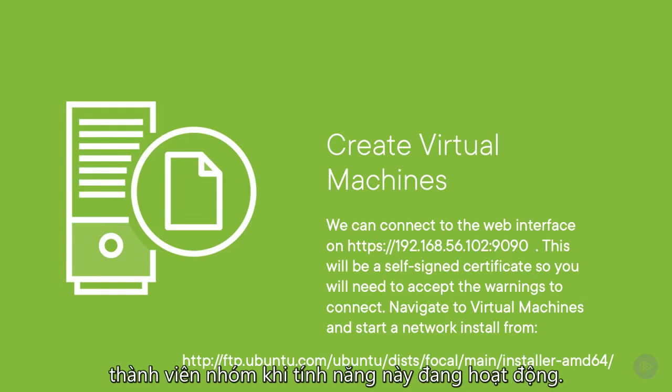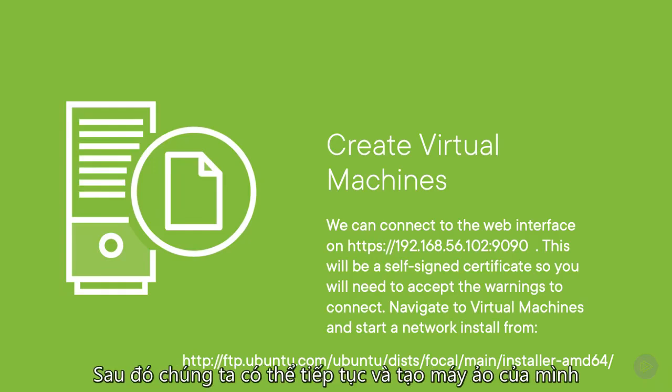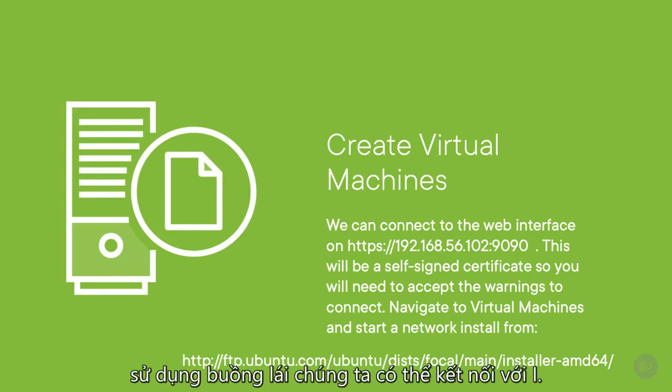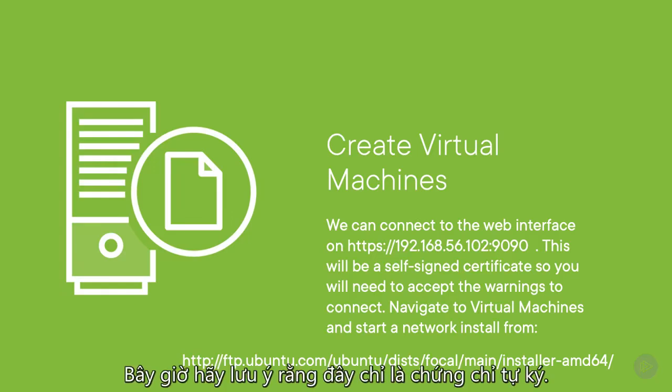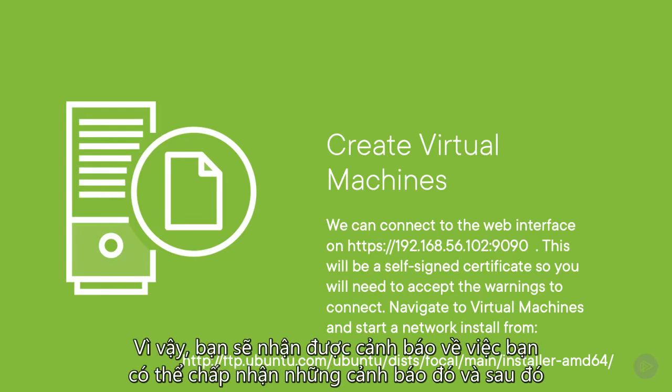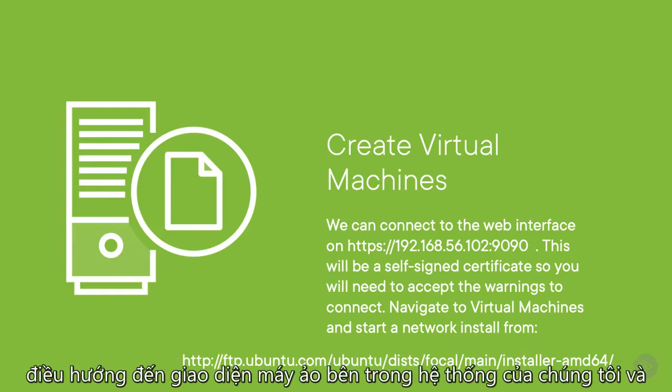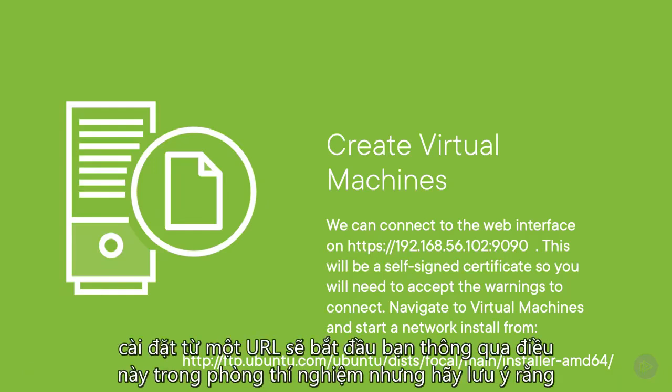With this up and running, we can then go ahead and create our virtual machines. Using Cockpit, we can connect to the IP address of our system and port 9090. Now, be aware this is only going to be a self-signed certificate, so you will get warnings about that. You can accept those warnings and then navigate through to the virtual machines interface inside of our system and install